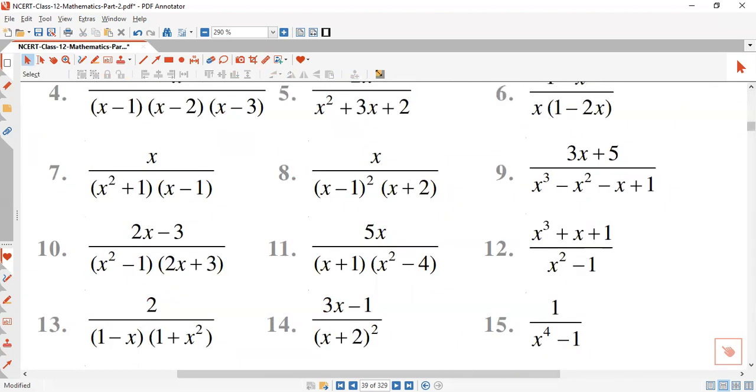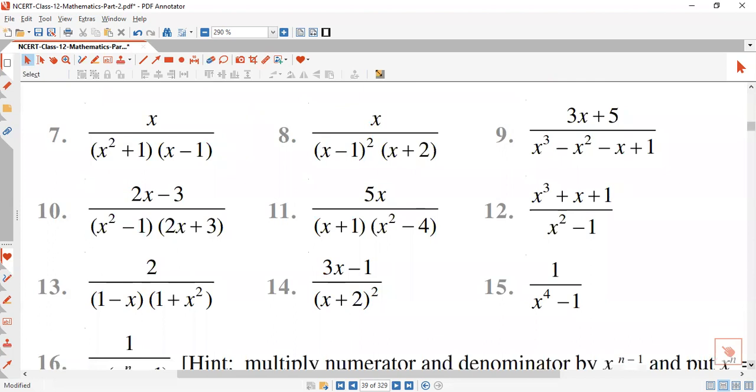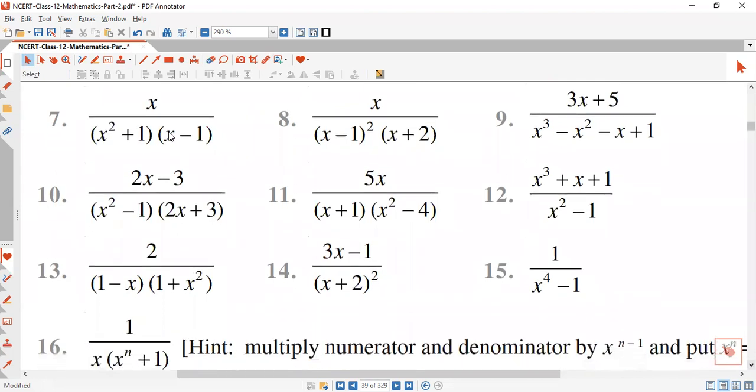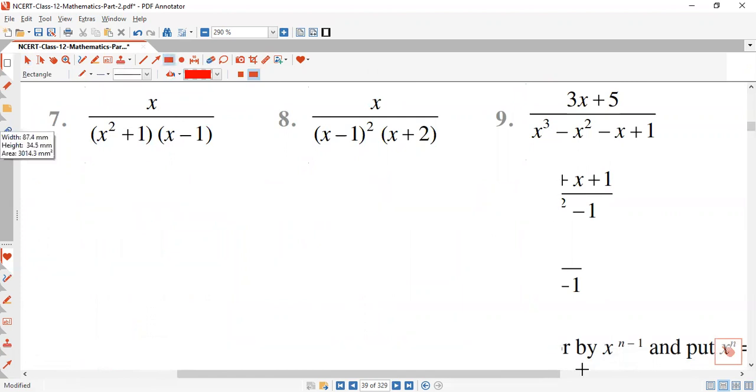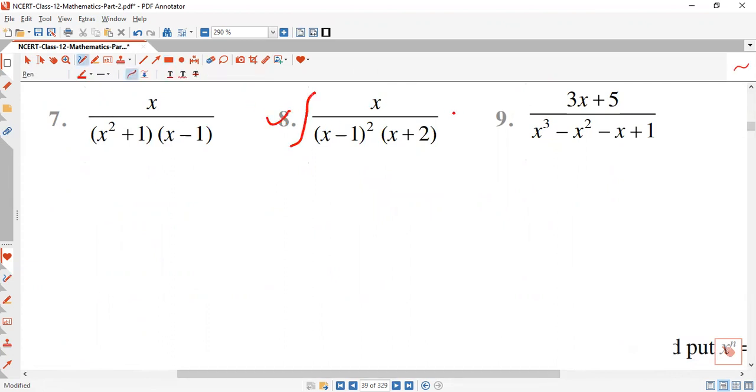Now, question number 8. On similar lines we will do this, not the quadratic equation, but the repetition of the question is that. You see this question number 8. We want to do the integrations. See, this is the rational function. Okay, there is a polynomial in the numerator and a polynomial in the denominator. You see, this is a linear factor, and this is a square, meaning that we have two linear factors of the same value, same linear factors are there, squares are there. Now we do the partial fraction. We want to solve this question by using partial fraction.